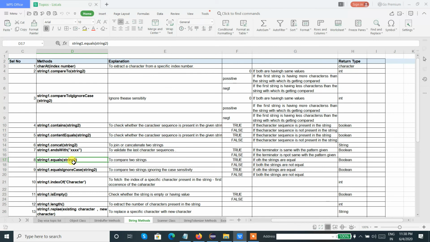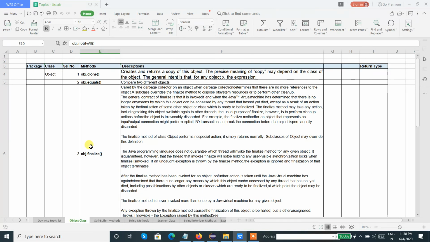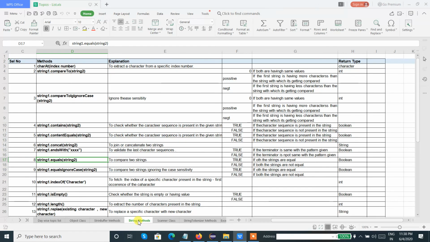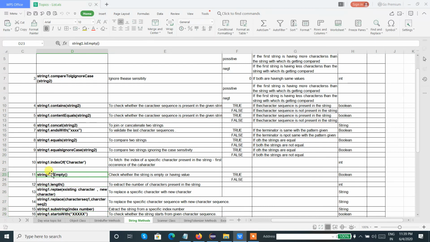Equals method, let me tell you, it is not a string class method, it is an object class method. I already told you about the object class, which is the parent class of all the classes. It has its own methods. One of the methods is the equals method to compare two different objects. So the equals method will be applicable for each and every collection and data structure class in Java, because it belongs to the object class, and the object class is the parent class for all the classes in Java. So now when we are talking about the equals method, that means